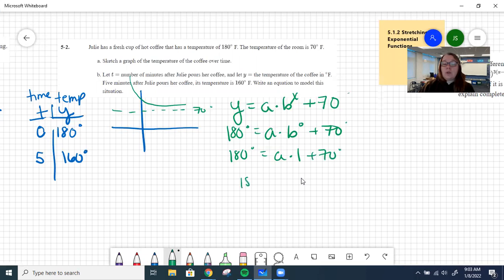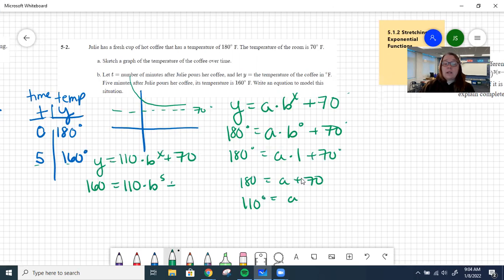Okay, so that means 180 equals A plus 70. So A is 110 degrees. Okay, so now I can refine this equation a little bit. I have Y equals 110 times B to the X plus 70. But I need to know the B value. So now I'm going to use this point, and I'm going to put the 160 in for Y, and I'm going to put the 5 in for X, and I'm going to solve to get